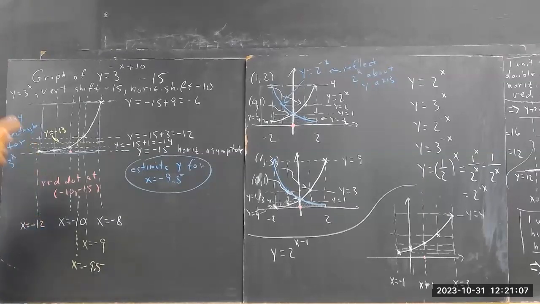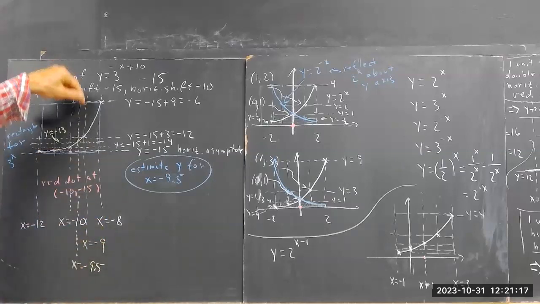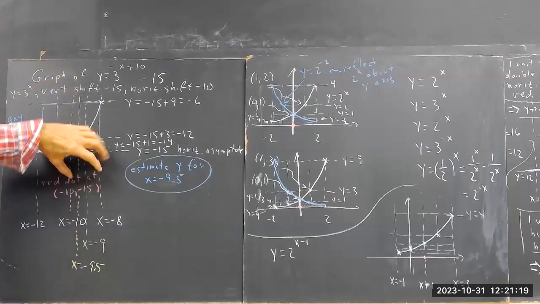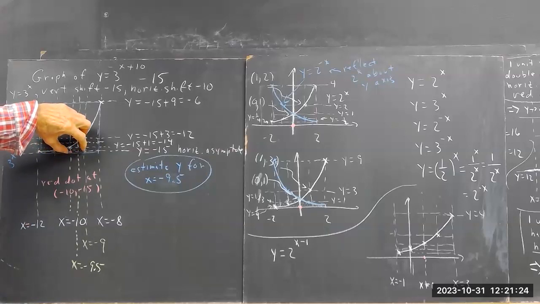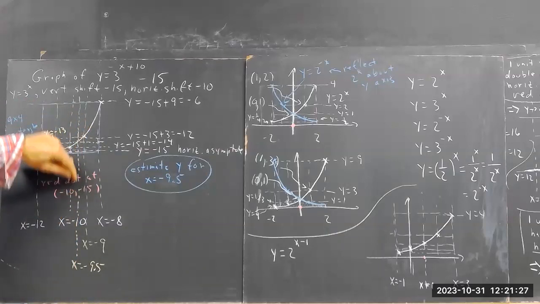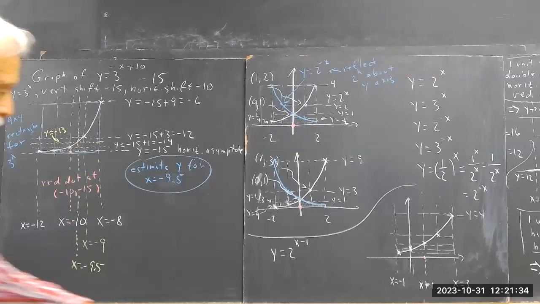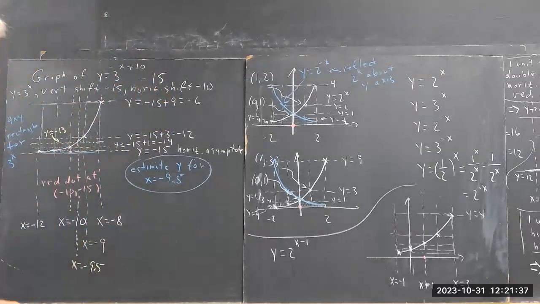Okay, so just in case, I think we were recording when I did that, but we located the line x equals negative 9.5. Halfway between negative 10 and negative 8 is negative 9. So the line halfway between these two lines is x equals negative 9. Then halfway between negative 10 and negative 9 is negative 9.5. And there it is. It intersects the graph here. We estimated this to be y equals negative 13. And it's not hard to get a fairly close estimate here where the curve isn't changing all that much. Turns out that the accurate